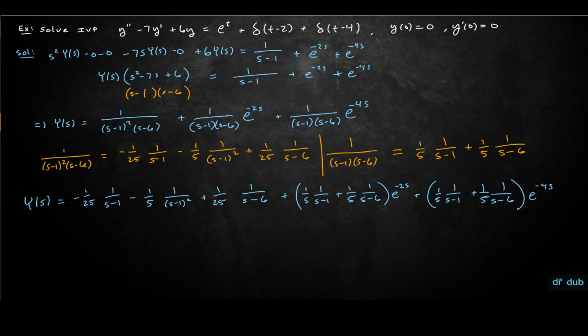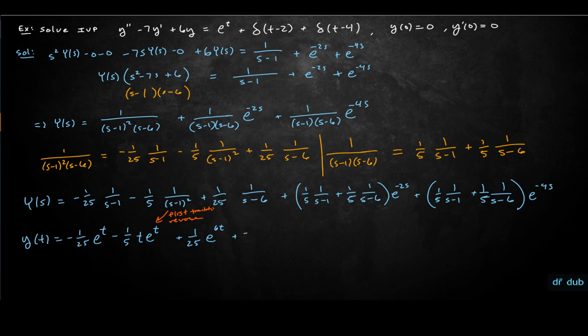You get y of t is going to be negative 1 over 25 e to the t, minus 1 over 5 t e to the t. So it's like the first translation theorem in reverse. That one's a little tricky. This is really first translation in reverse. And then plus 1 over 25 e to the 6t